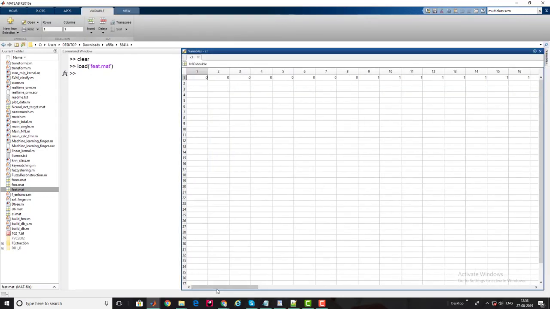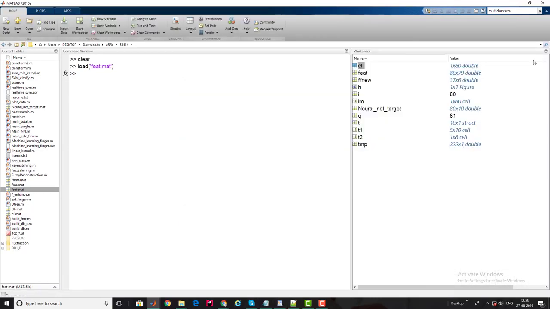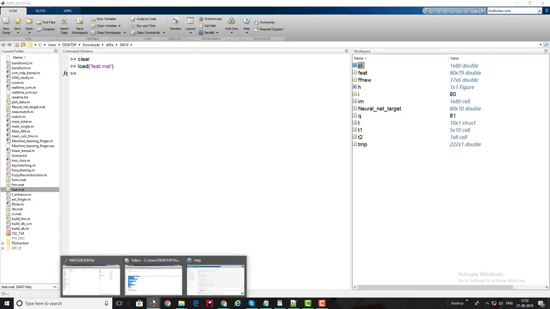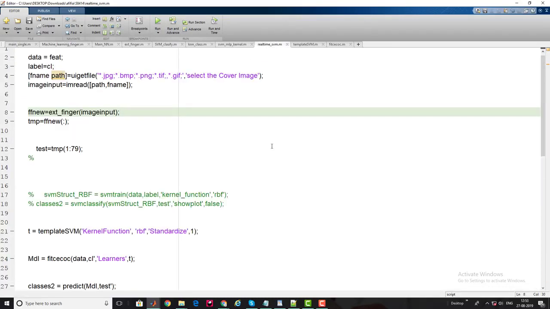This is my target vector 0 1 2 3 4 5 6 7 8 9. So guys, prior to moving toward the real-time implementation, I will show you the limitation of the existing support vector machine we have right now in MATLAB. As we have 10 subjects, this part will fall under real-time.